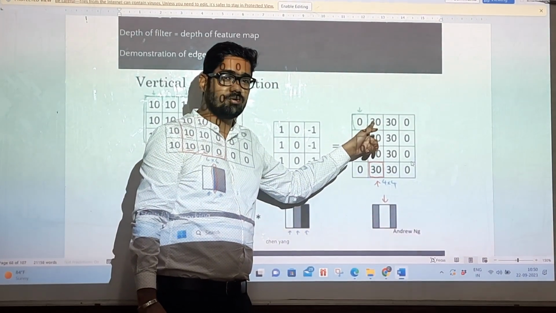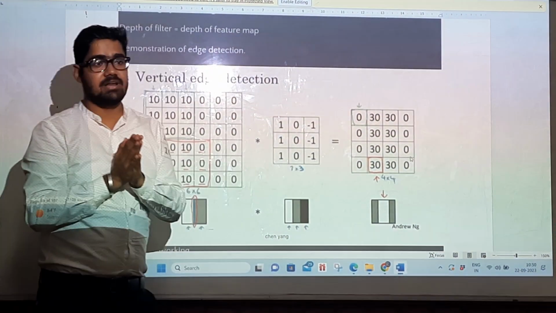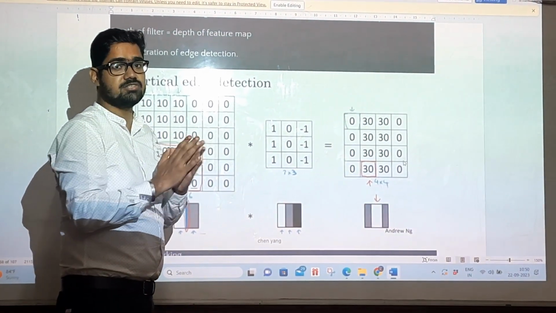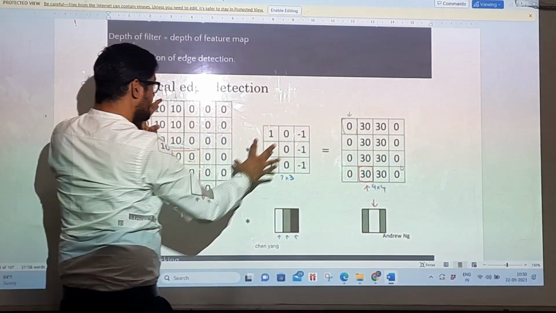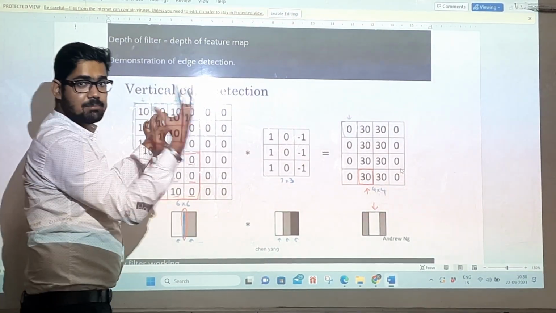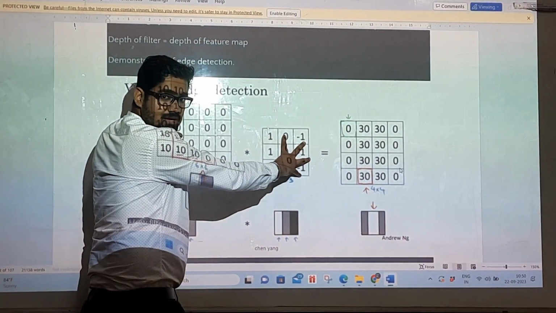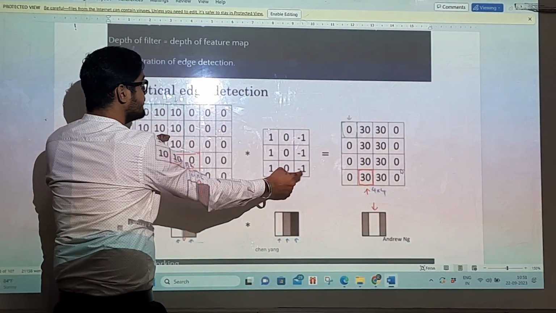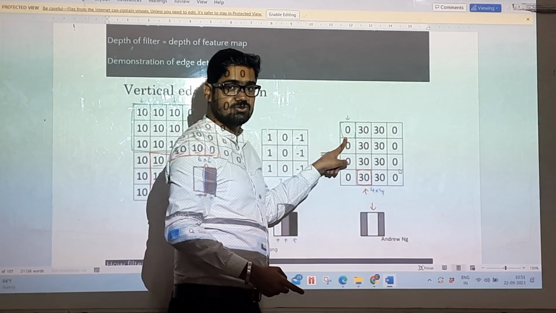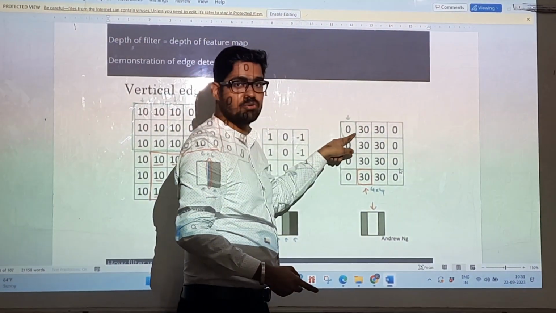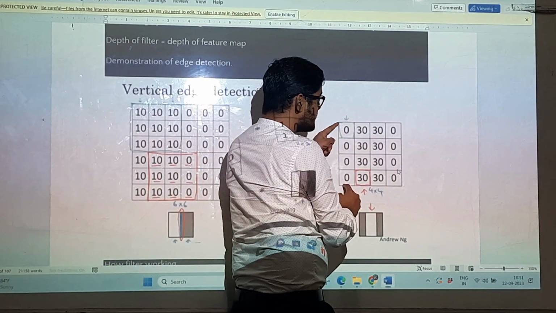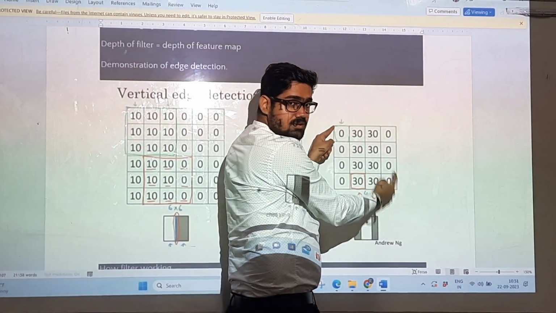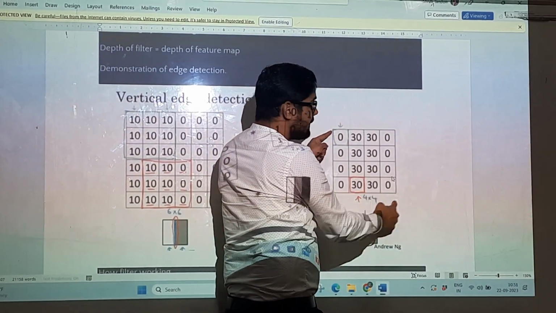How do we call these neurons? In the ANN, we have studied very well what a neuron is. A neuron is our activation function which takes the data from the input, multiplies it with some kind of weights, and then after multiplying the numerical values with the weights, it gets an output. So this is the output produced by a neuron. So we get a feature map which contains 4 cross 4, 16 neurons, in a matrix form.